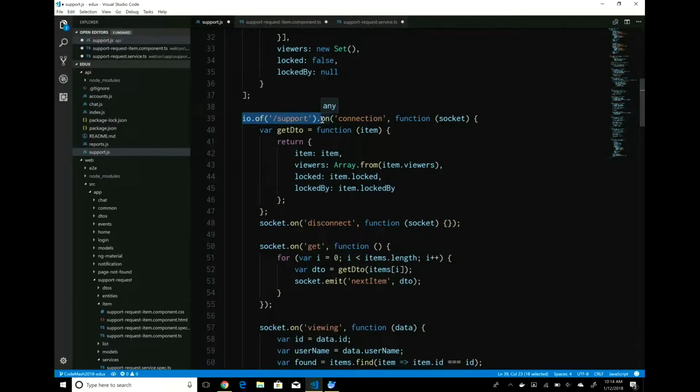And what that says is, this is kind of like a page. It looks like a route, but it's not necessarily a route, but it's a good way to differentiate. When I'm emitting events on this socket, it only goes to things that are in this namespace. So you can avoid spamming pages or clients that are not on this page by using namespaces in this case. On the client side, what that looks like is